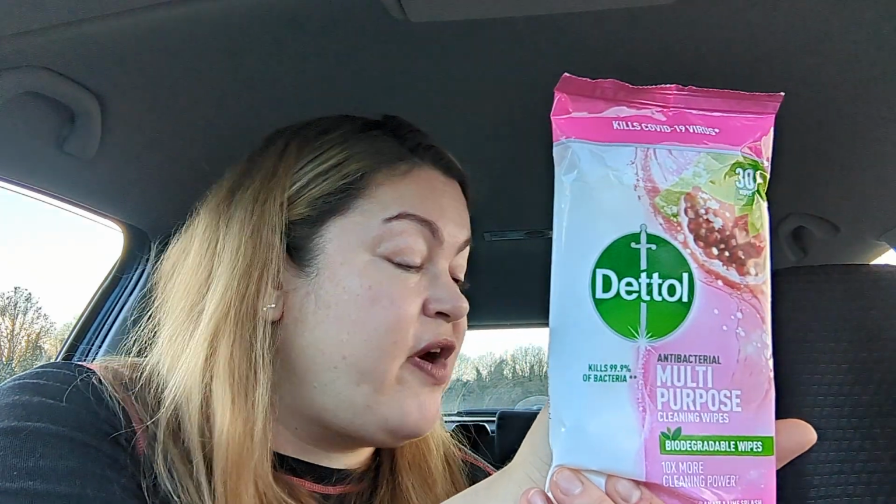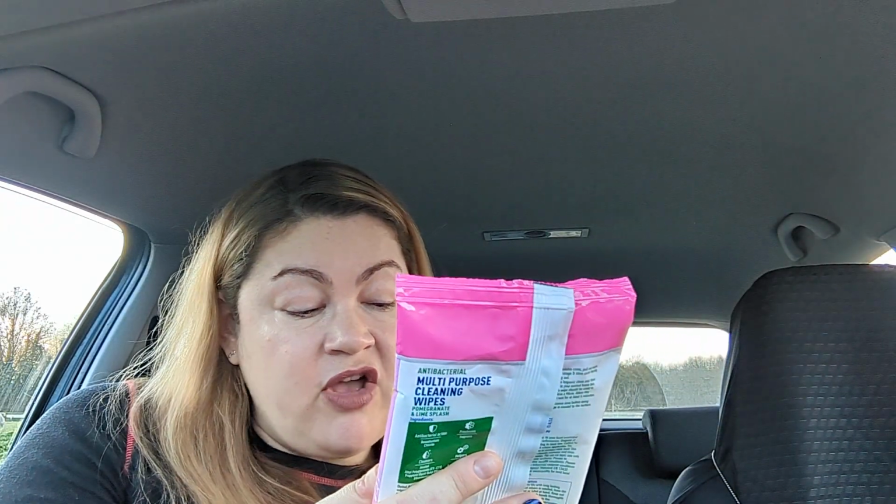Next thing I have is, all you cleaning experts, Dettol antibacterial multi-purpose cleaning wipes, biodegradable wipes in pomegranate and lime splash. And so far everything's been £1, so these were also £1. For £1 you get 30 wipes, and I know they're not the best thing environmentally, but sometimes, as I say,